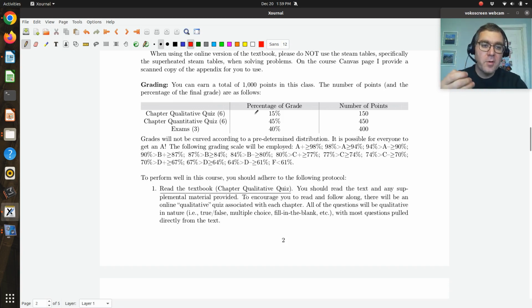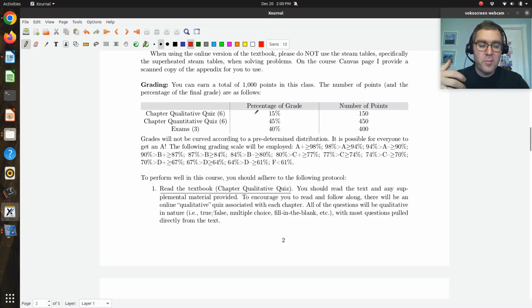In each chapter, there's going to be a qualitative quiz and a quantitative quiz. All right, the qualitative quizzes are just going to be true, false, multiple choice, fill in the blank style questions, pulled essentially directly from the readings. Or there might be some qualitative questions that come from the screencast lectures. And then there's going to be a quantitative quiz, which is the equivalent of homework problems. And so I'll have screencasts of myself solving problems. Okay, you can try and master the problems by following along in those videos,